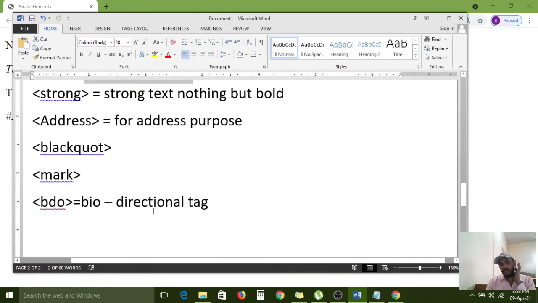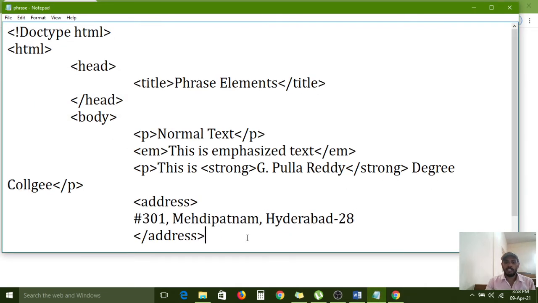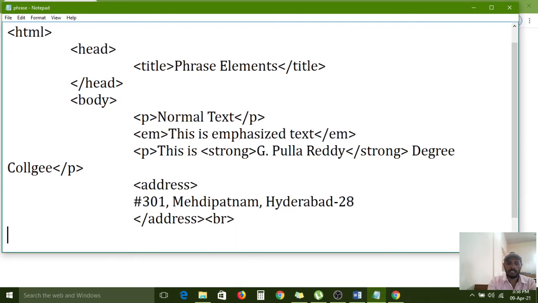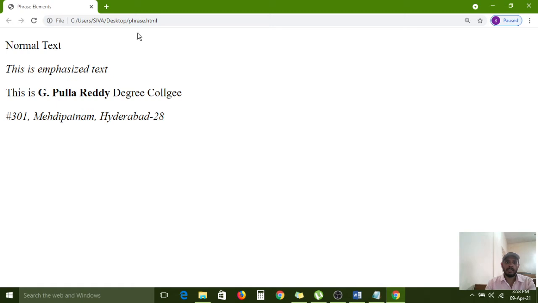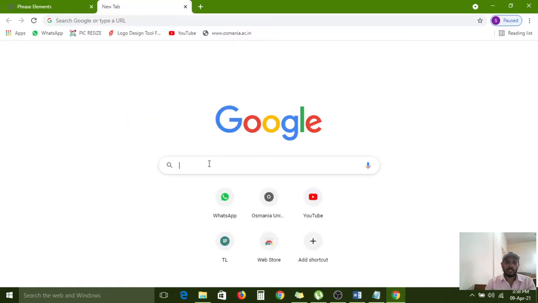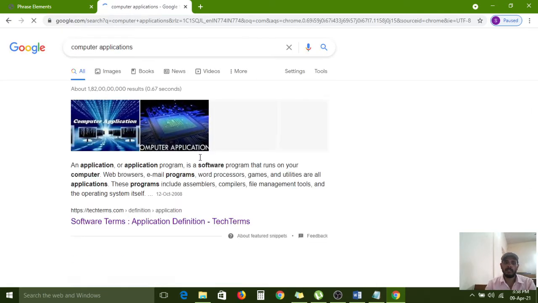And blockquote is also used. Here I am using one BR tag, and after that blockquote, opening and closing. If you want to show a different variation from one section to another section, we need to use this. Here I require one large sentence, so I am searching for computer applications on Google.